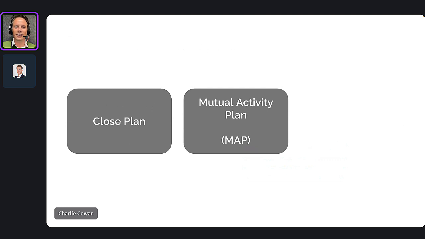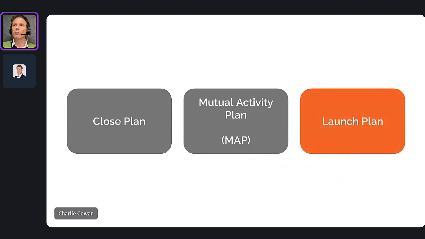And we'll put the word mutual in as some sort of passive aggressive way of letting the customer know that we want them to do something. It still is not about giving the customer value. This is something that we've got to do so that I can get my deal closed. I tend to talk a lot more about a launch plan or a project launch plan. And depending on whether you sell a product, a SaaS product, a service, consulting, you might come up with something that's a bit different. But it's the plan to get you to when you're getting value from this purchase. So launching, licenses going live, whatever that might be.